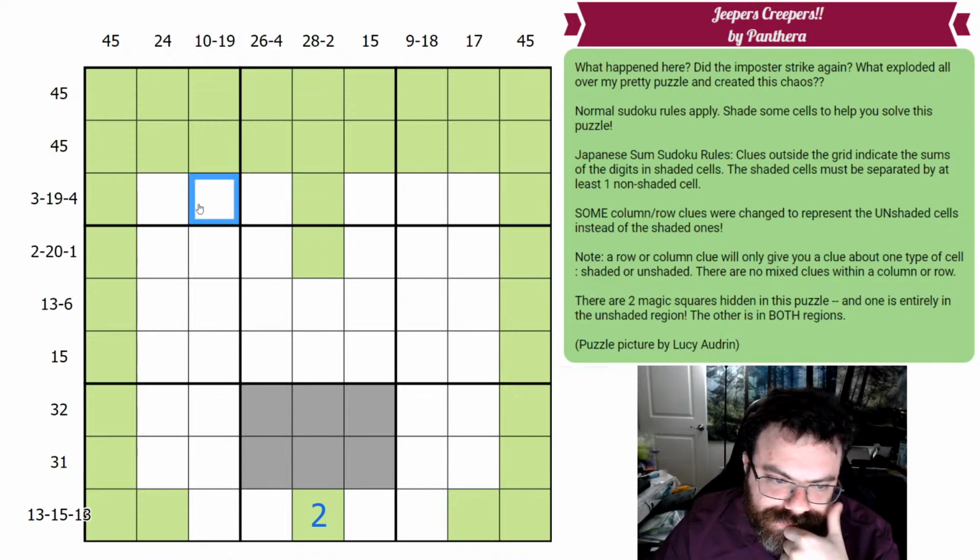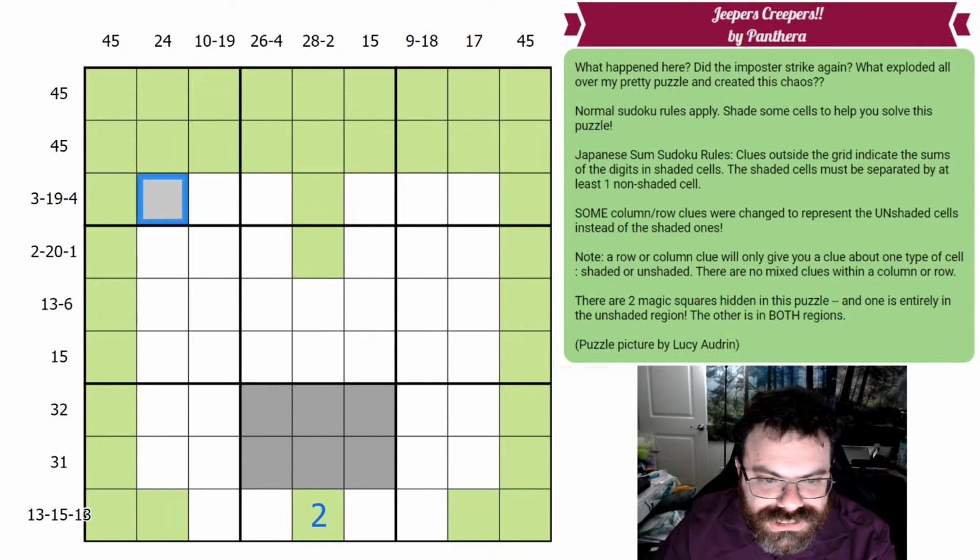What's that mean for this row? Let's say it were gray. So I'd have a 3 here, a green here. This could be 19. Or sorry, green here. This would have to also be green. No, that wouldn't fit. Right? 3 here. Grays would have the sum. So this would be gray, this would be green. I couldn't fit 19 here. So this would have to also be green, and then I don't have enough room for 19 and 4. So